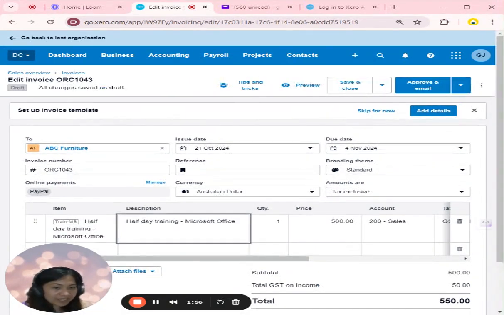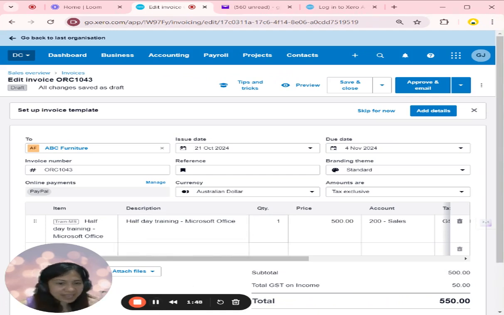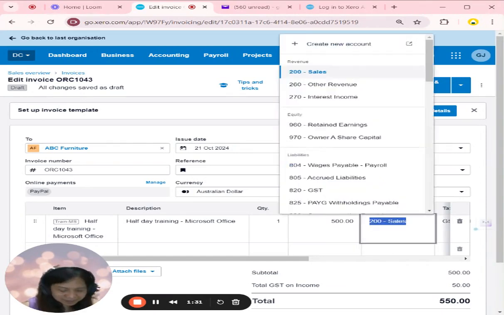Xero allows you to create product or services in advance, saving time on future invoices. So be sure to enter the correct quantity, the price, and double check if the tax rate is correct.